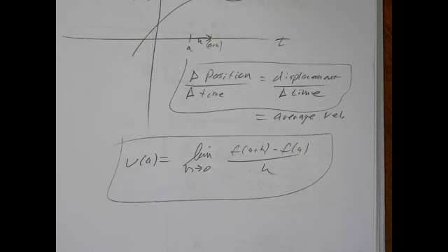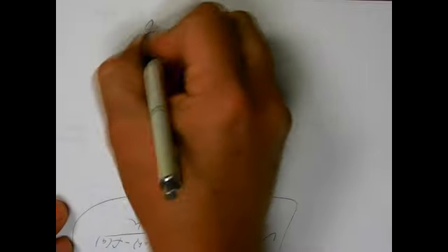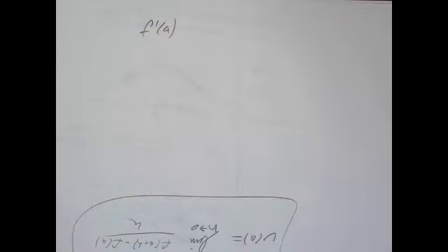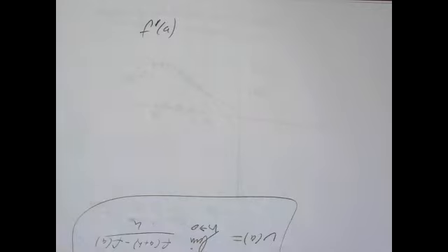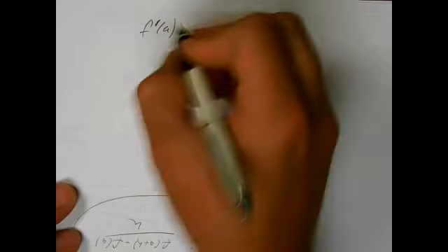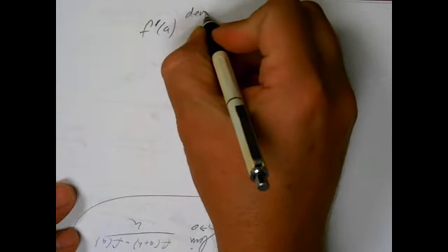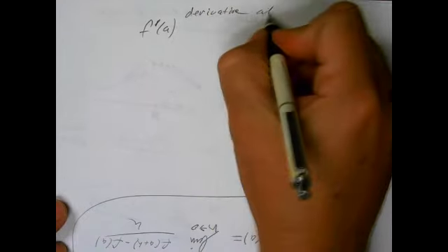This instantaneous rate of change is so important that it has its own name and its own notation, and it actually has multiple notations as a matter of fact. So here's what we have. We have f prime. Again, that may look like a first power, but if you write it carefully, it's supposed to be a little hash mark sitting at an angle. And that is the notation for derivative of a function at a number a,